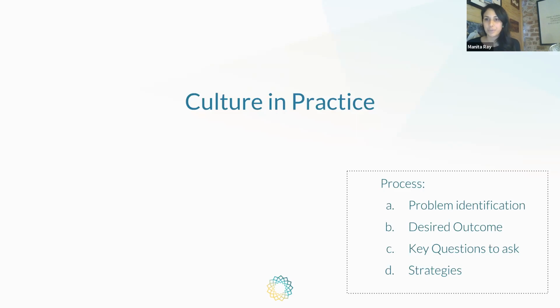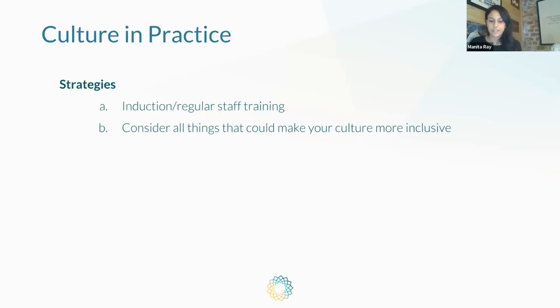So some of the questions we can ask ourselves are: what are some of the deep-seated beliefs relating to gender that drive negative behavior within your organization, if there are any? And what can make your organization culture more inclusive for different gender groups? What could be done? So some of the strategies that you can consider,